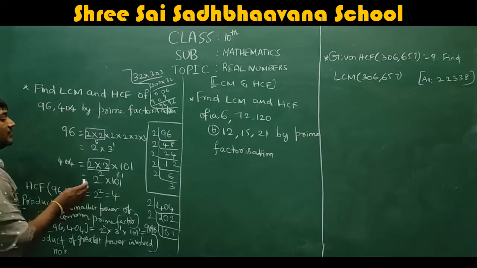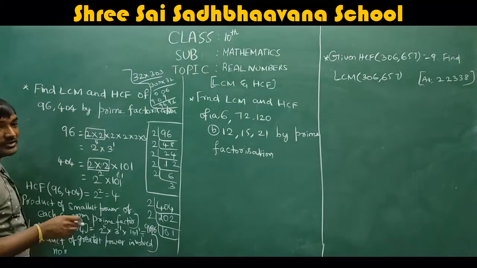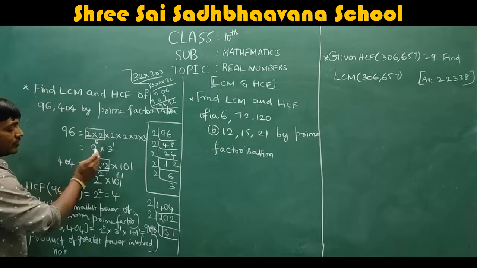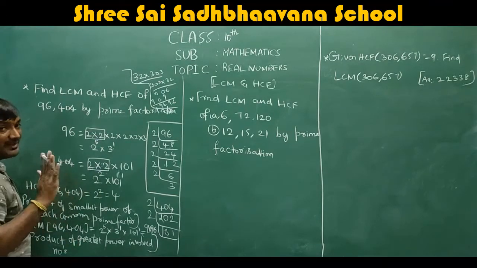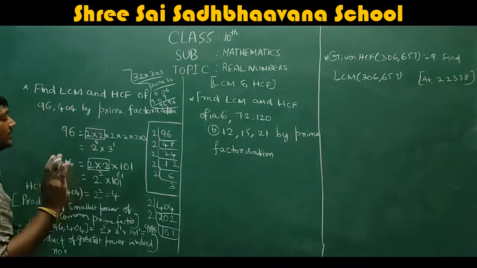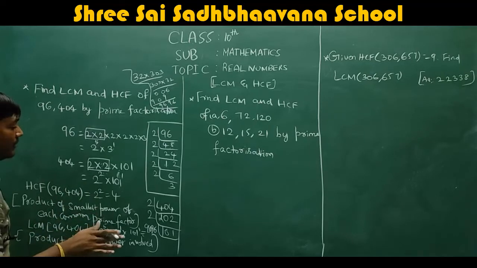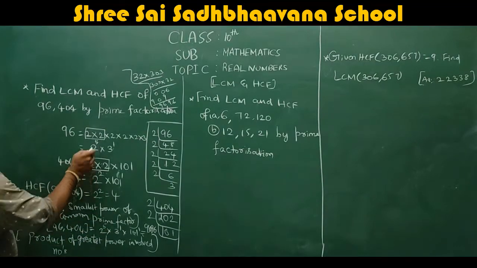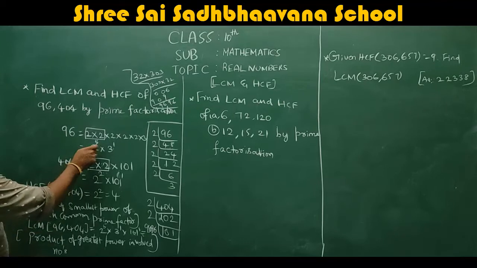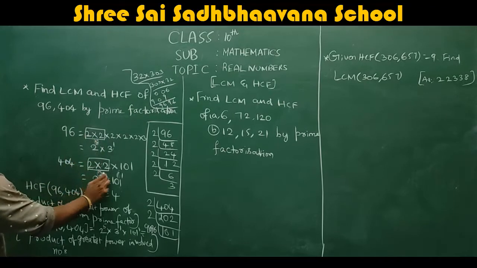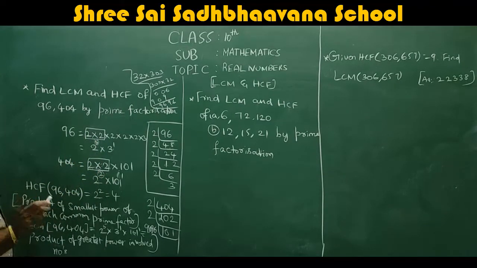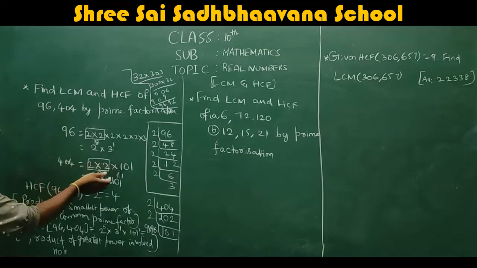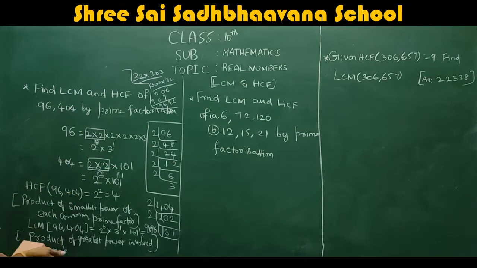Another way to find HCF is just to check the common factors. Which are the common factors here? 2 power 5, so 2 is the common factor. Actually here 3 numbers are there: 2 is one number, 3 is another number, 101 is one more number. In these 3 numbers, 2 is common in both the expansions. Which is the lowest power you have to check? Smallest power, not highest power. The smallest power is 2, so 2 square is the smaller one, and that will be the HCF. If you have more than 2 square anything, you have to multiply, but here we do not have anything like that. So 2 square will be the HCF.